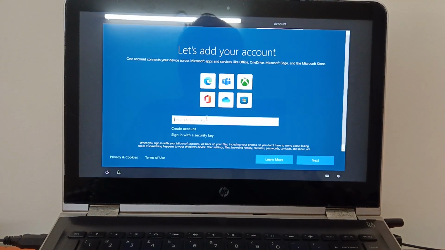Now it is asking for your Microsoft account. If you don't have a Microsoft account, you can create one, or otherwise you can do the offline setup. On this screen, what you need to do, if you want to bypass the Microsoft account, is